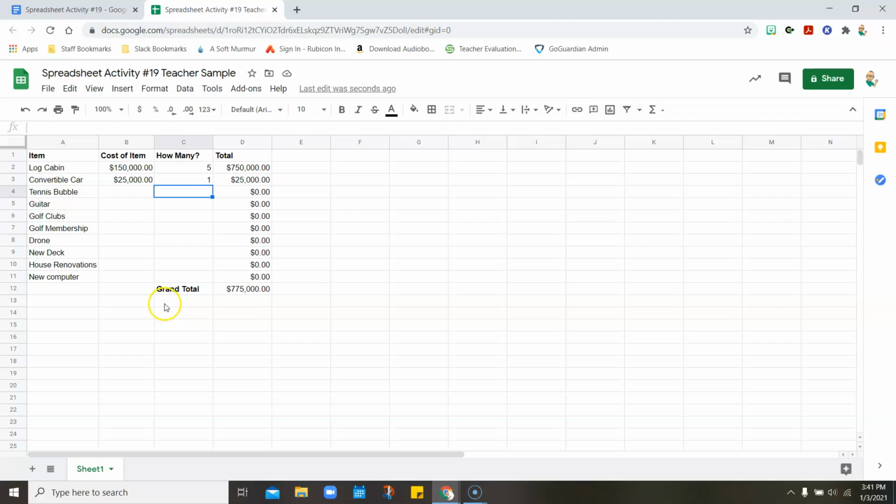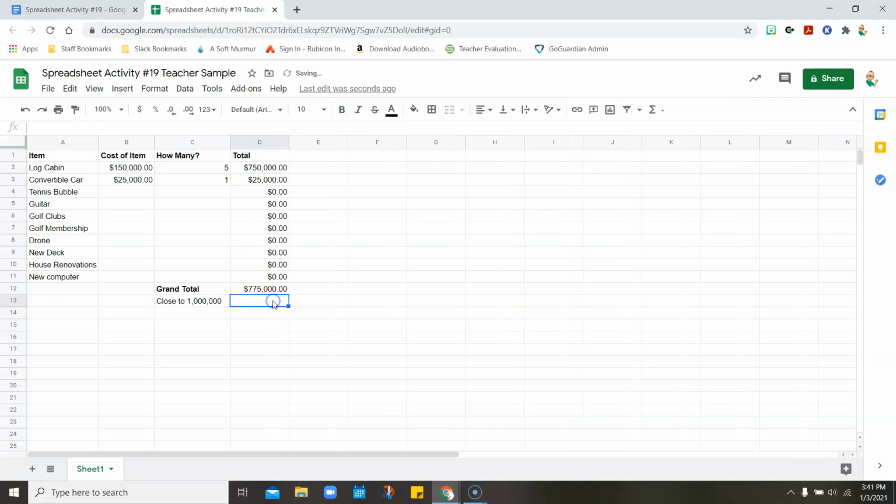Now here's something you might want to do, but you don't have to. If you want to see how close you are to $1 million, let's see, 1 million. And I'm just making this up. This is something that you can do, and that would just be equals, and it'll tell me how much money it equals: 1 million minus whatever this number is. Boom. Okay, so I still have